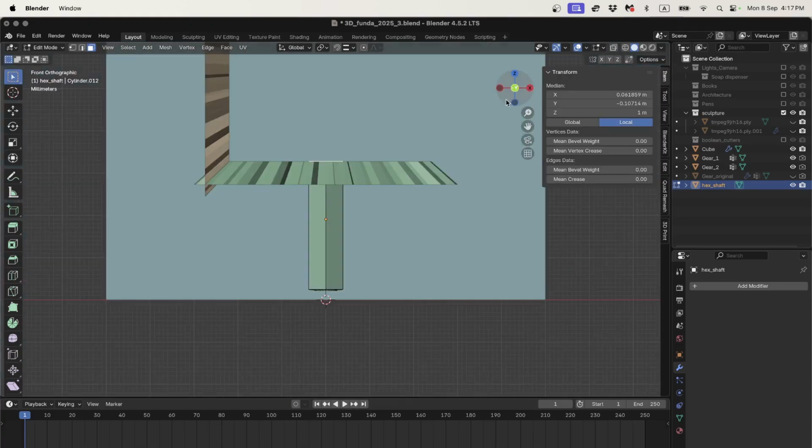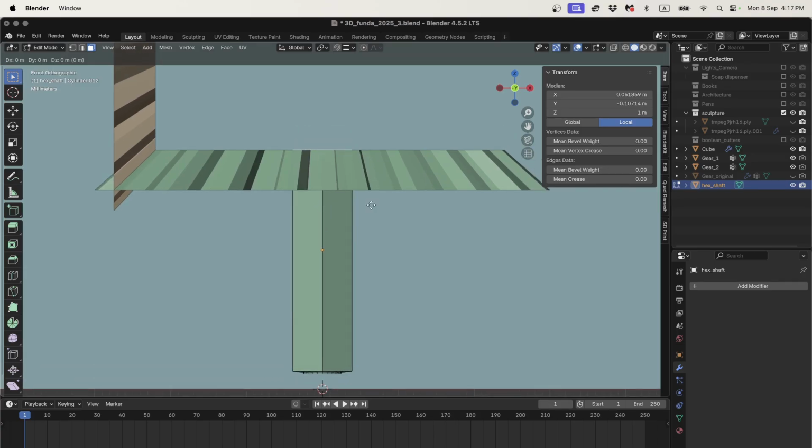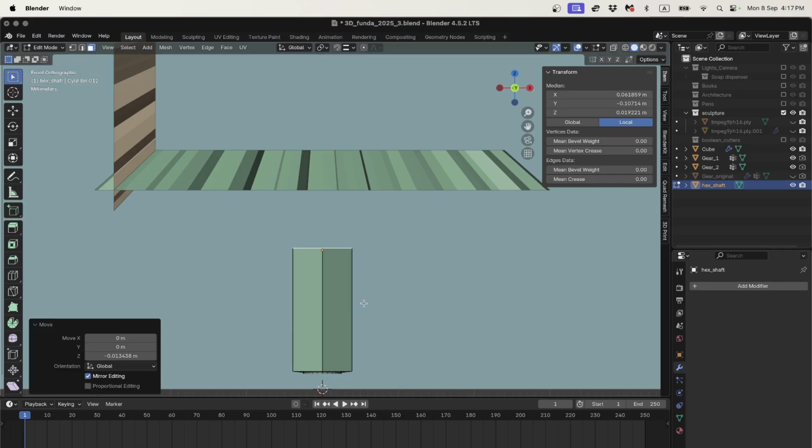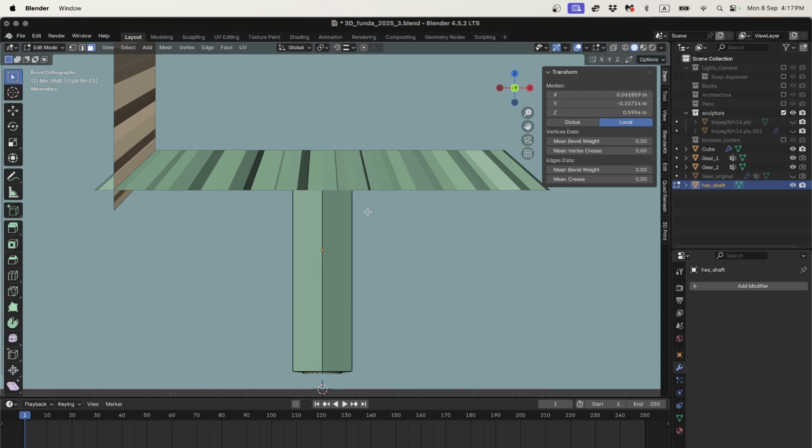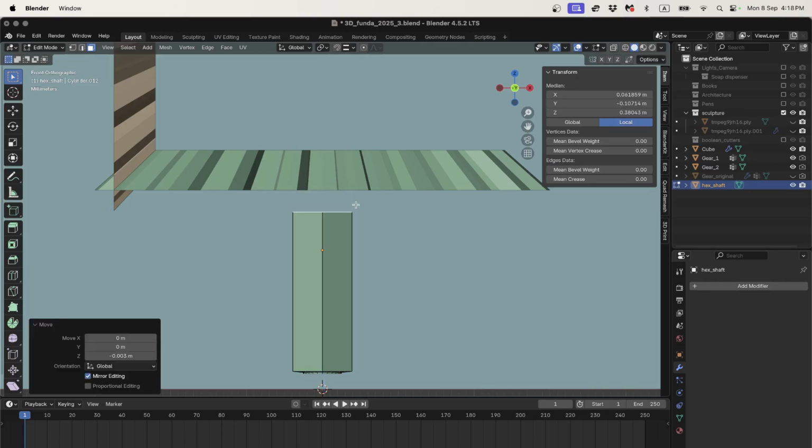Grab my face here, and I'm going to G for grab, bring that down, and then I'm just going to extrude a few more faces up, and that will give me the edge loops I want. Okay, so maybe I'll do some exact things. I'm going to put snapping on, GZ, whoops, snap exactly to there, and then I'm going to go down exactly, I don't know, let's say 3 millimeters. So GZ minus 0.003. Okay, now I'm going to press E for extrude and just click, and then I'll say